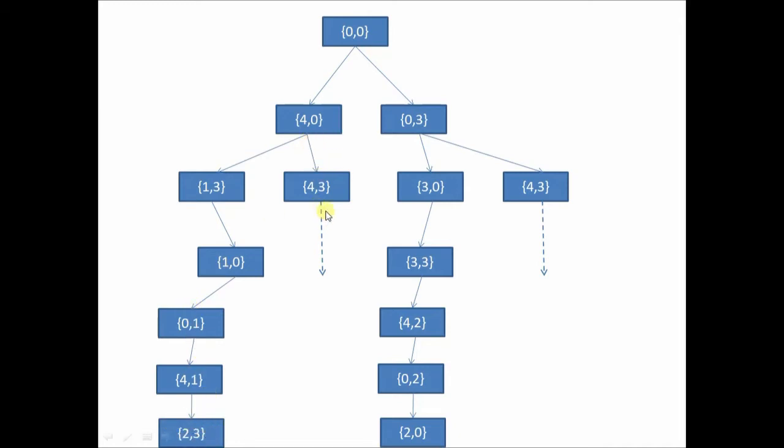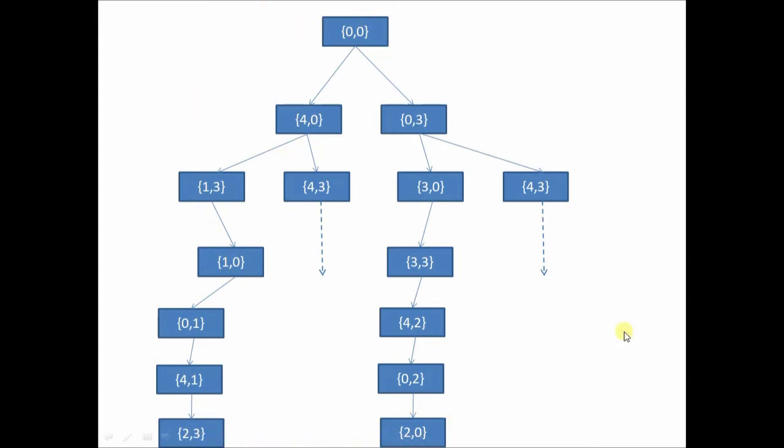Now please note, you see these dotted lines here, that means there are more branches which are possible, more solutions which could be possible. So this state space, in reality, would be very huge, but I have only depicted 2 solution paths. So these are the 2 goal nodes, goal states.